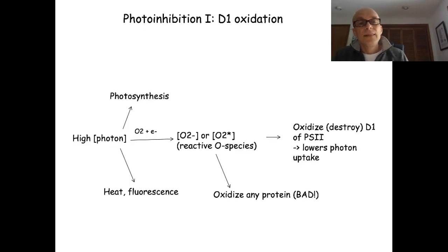Now, let me spend a few minutes on the question of what happens to a plant when there's too much light. Can there be such a thing as too much light for a plant? And you'll see that yes, there can be too much light, too much of a good thing. And that process is called photoinhibition. So photoinhibition occurs when too many